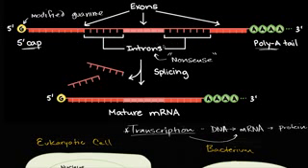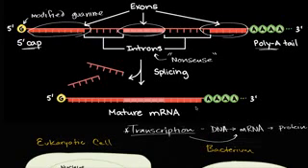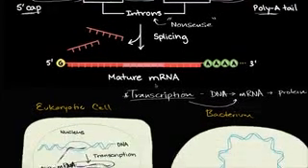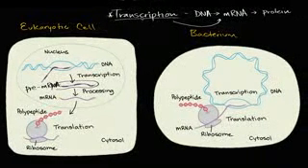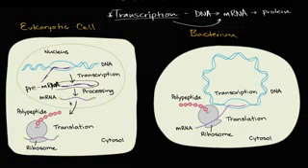And then once you've spliced out the introns, all you have left are the exons. So this one is going to be connected to that, and that is going to be connected to that, and so this is what you have as a result. This is in a eukaryote. You will have this mature mRNA, and that's what we saw right over here, which then migrates out of the nucleus to a ribosome where it can be translated.